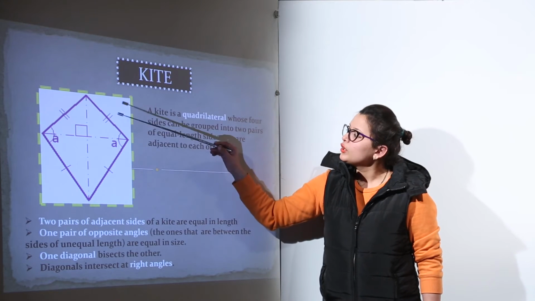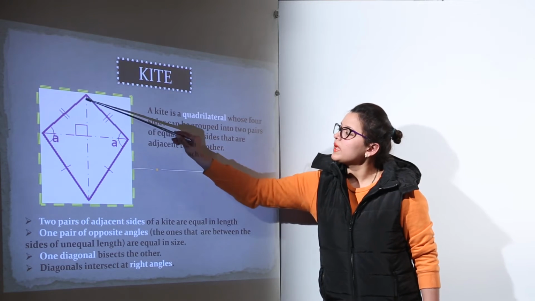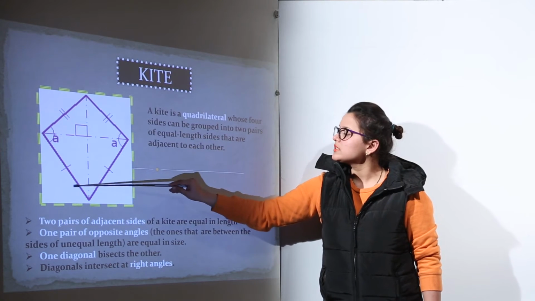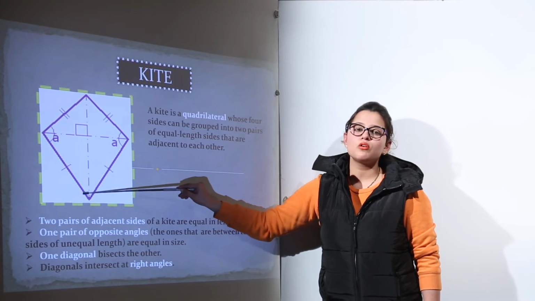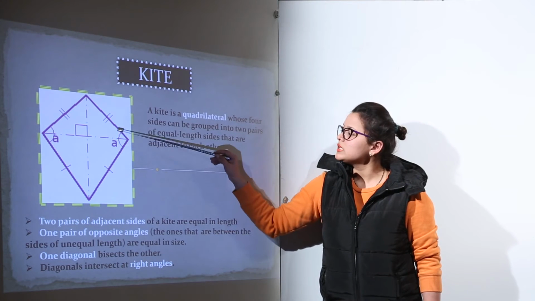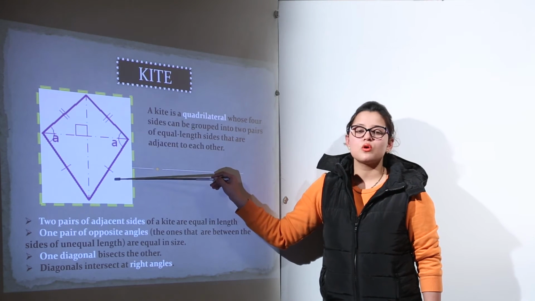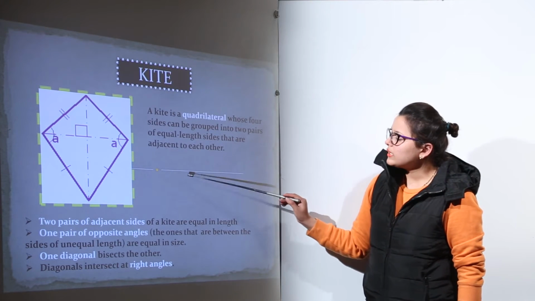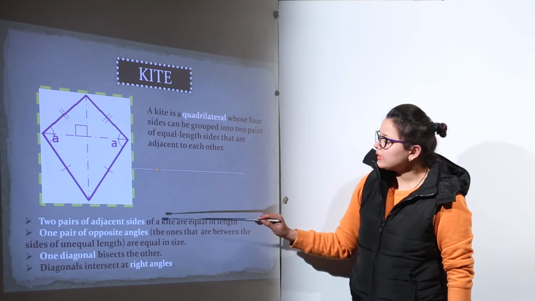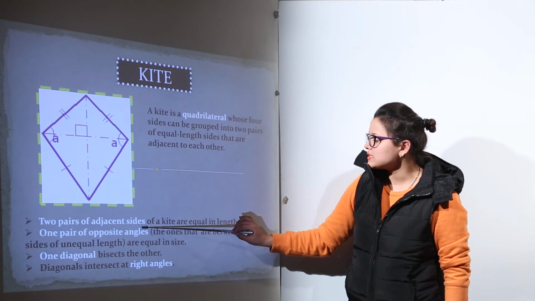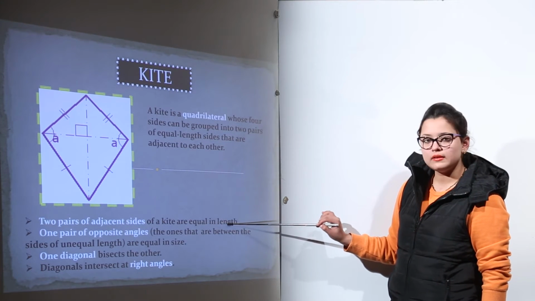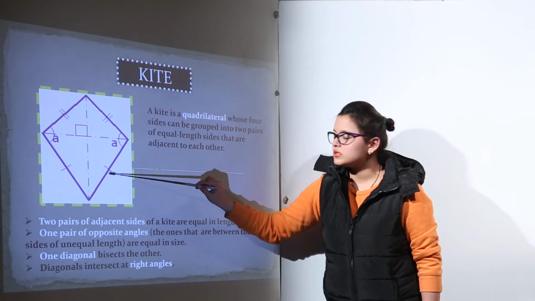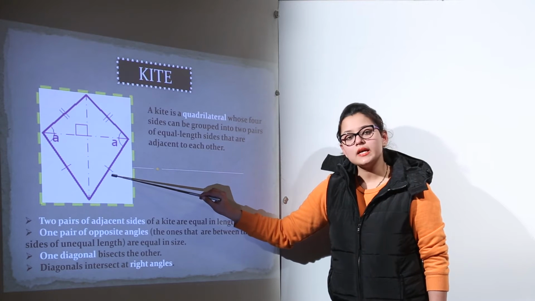Since it has one pair of equal and adjacent sides and this forms the other pair of equal and adjacent sides. So these two are forming two pairs of equal and adjacent sides. So one property is done. Now let us discuss the properties in detail, that is it has two pairs of adjacent sides equal in length. Now if this is equal to this one and this is equal to this one, that forms the equal sides, right?